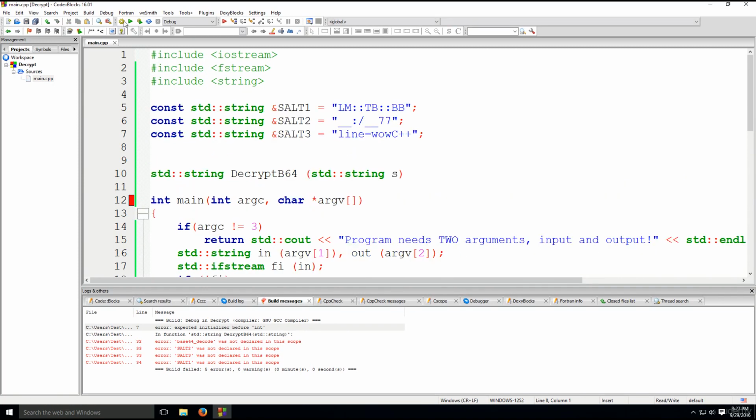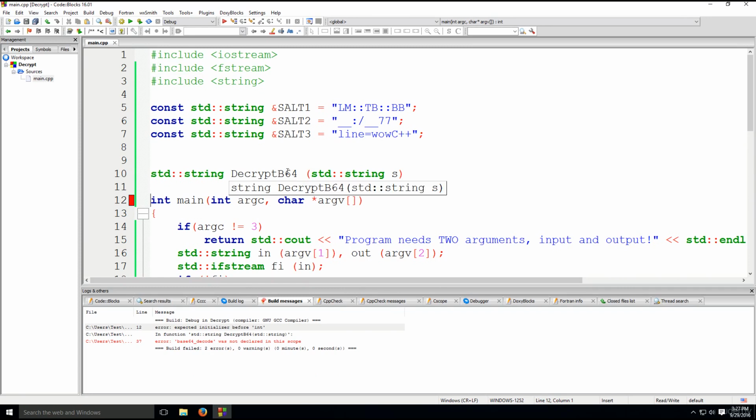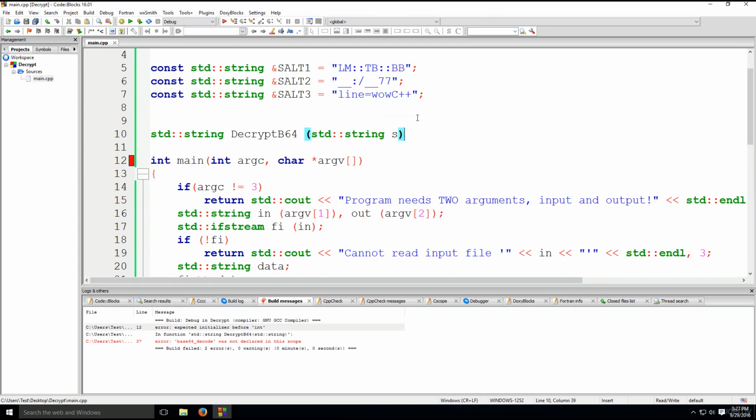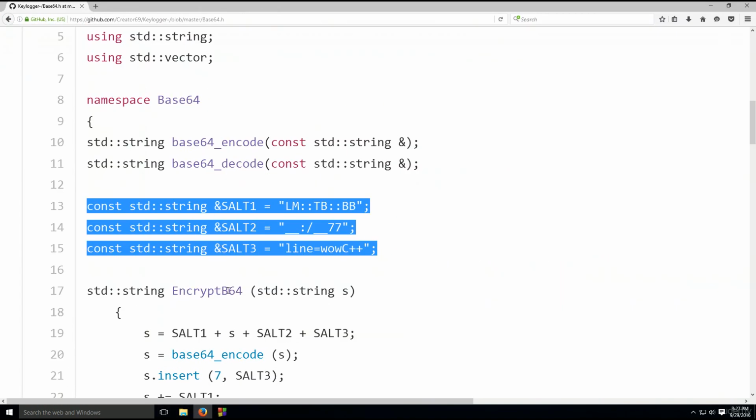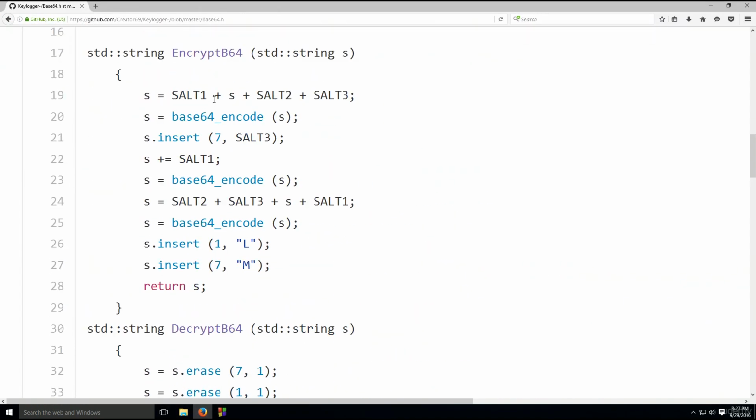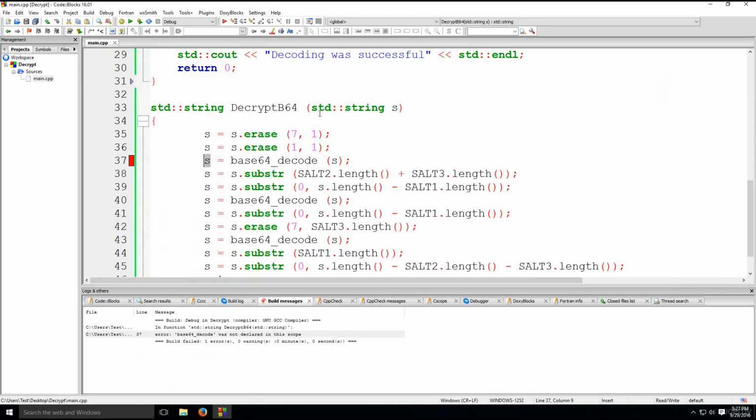Okay, so Control S. Let's go ahead and build it now. Base64 underscore decode. Okay, right. Missing a semicolon here. Okay, let's save it again and run it. What does it say now? Error: base64 was not declared in this scope. S. Okay, no big deal. What we're missing is S equals salt1 plus salt2 plus salt3. Let me just see. std string